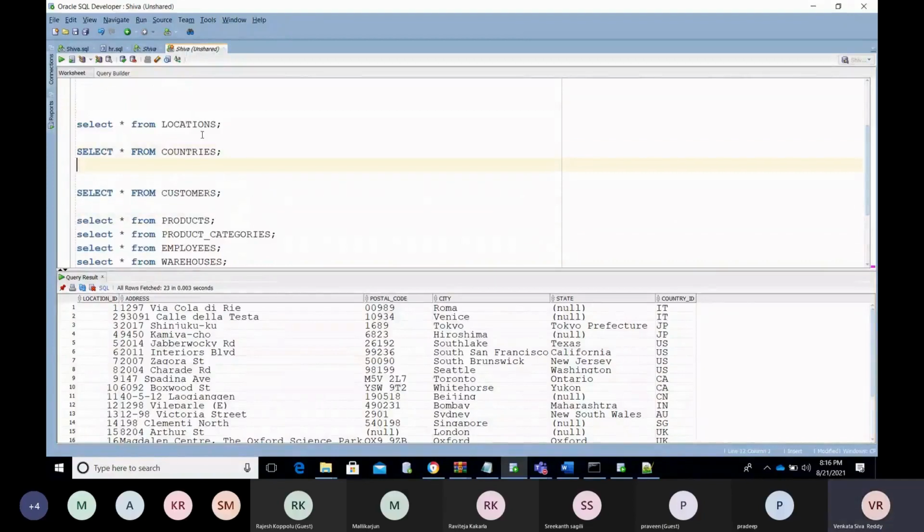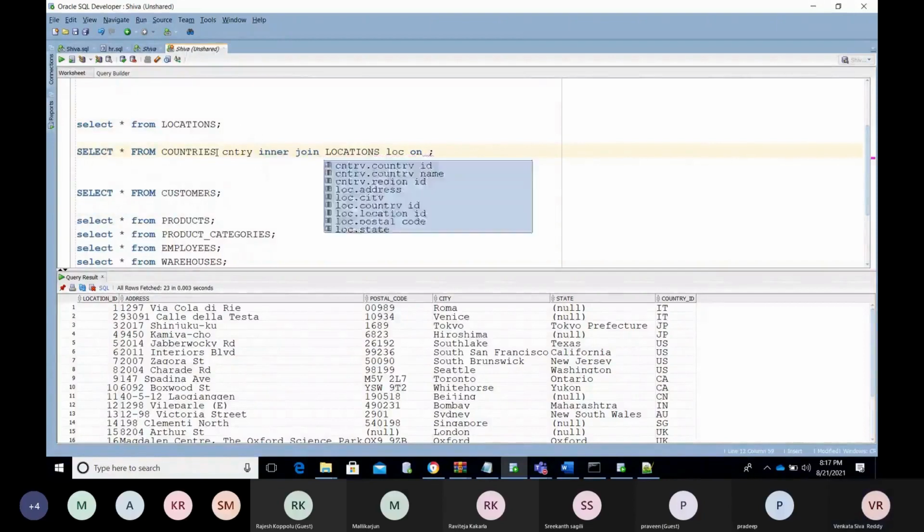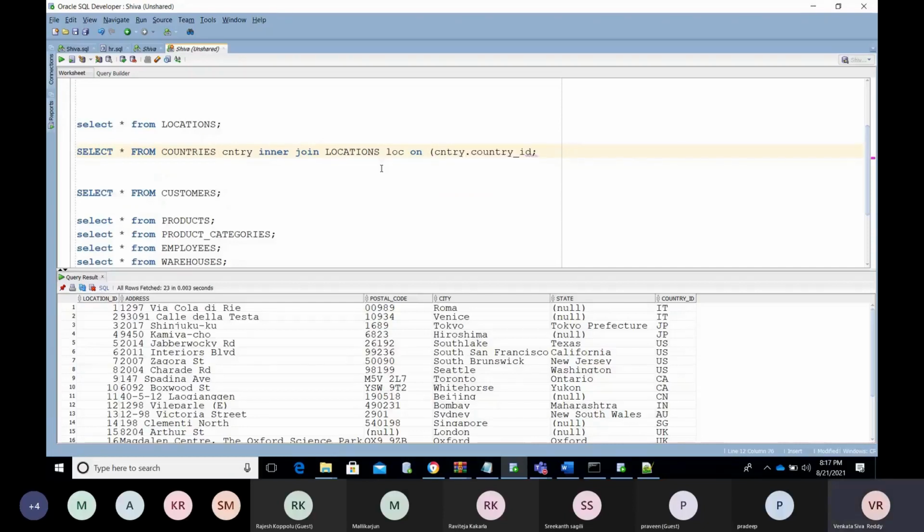So I am taking the join with the countries table. I need the sales country wise, right? So I am taking the inner join locations LOC on country ID with the location table country ID, country.country_id, right?